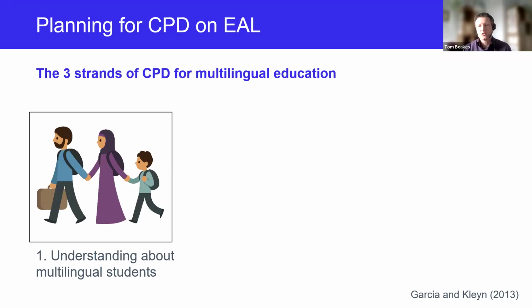Things like what languages they speak at home, how literate they are in their home languages, or it could be information about the culture of the country they're coming from. For example, the Bell Foundation did a webinar on the Ukrainian education system with a Ukrainian educator a couple of years ago, to give that context and background when we had so many new arrivals from Ukraine.